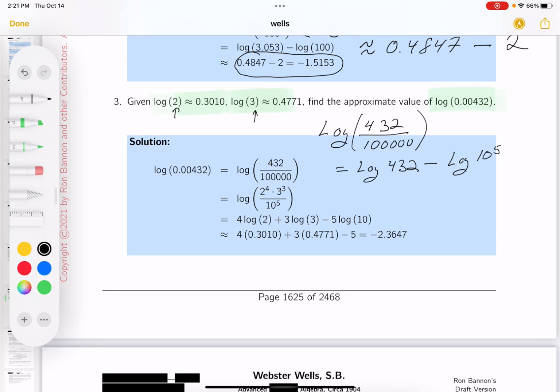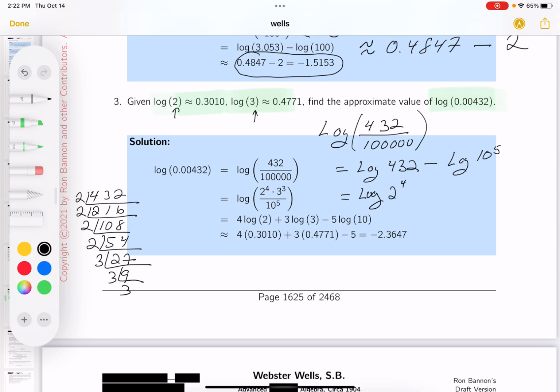And maybe I'm getting better at this. I don't know. Let me put 432 down. I'm hoping the 432 is related to 2s and 3s. 2, 2, 16. 2, 108. 2, 54. 2, 27. I'm done with the 2s. 3, 9. 3, 3. So I'm going to write this as log, let's see, there's 1, 2, 3, 4 2s,